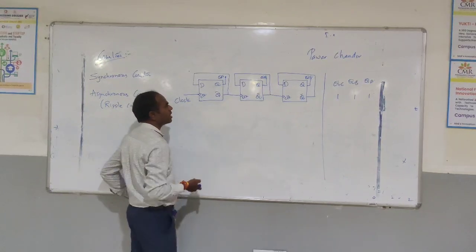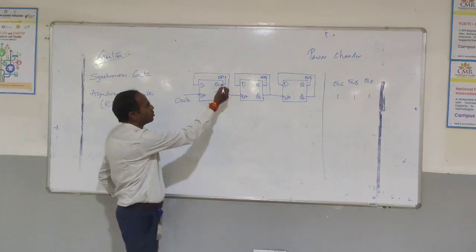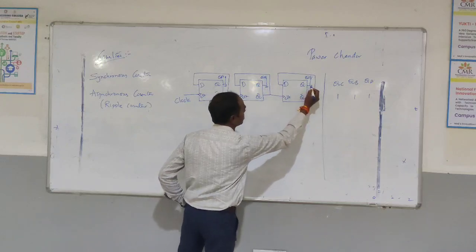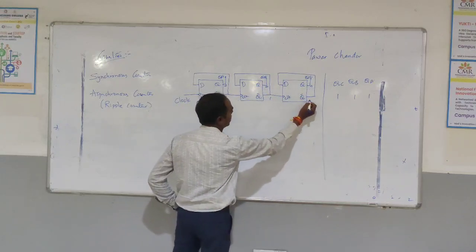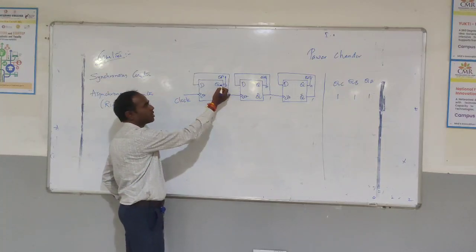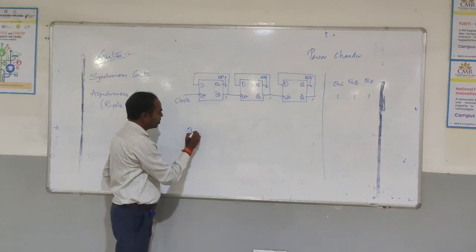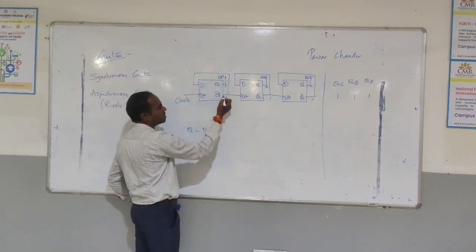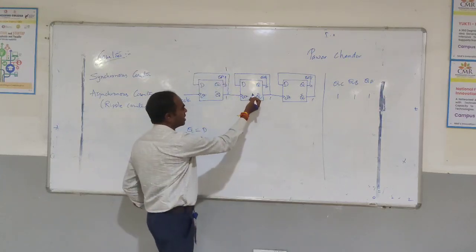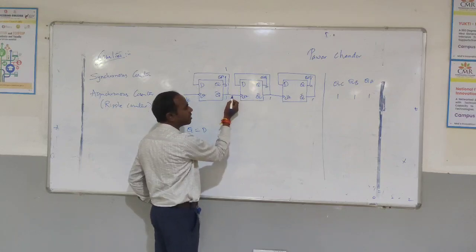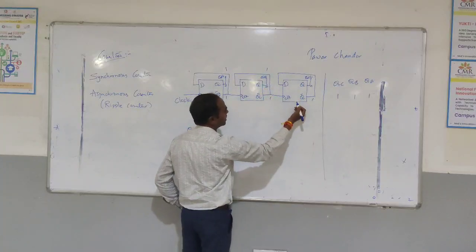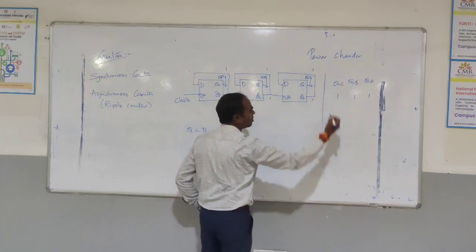When we apply the clock pulse, our output is D, which is connected to Q bar. Initially QA, QB and QC are 0, 0, 0 and Q bar are 1, 1, 1, right? Now when we apply the clock pulse, the output Q equals D. So now Q becomes 1 because D is connected to Q bar. Again the second clock pulse, again we get 1. Here also we are getting 1, and in the third case also we are getting 1.